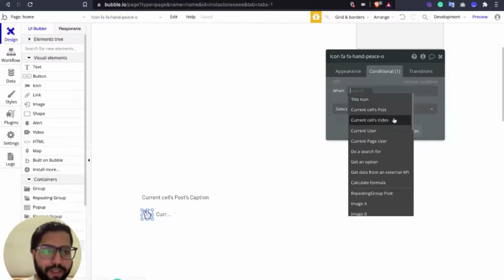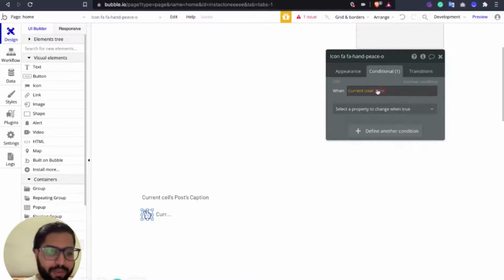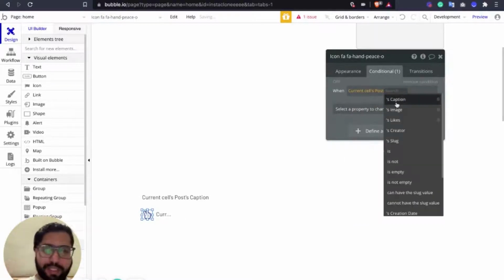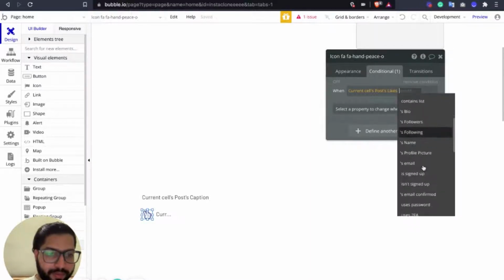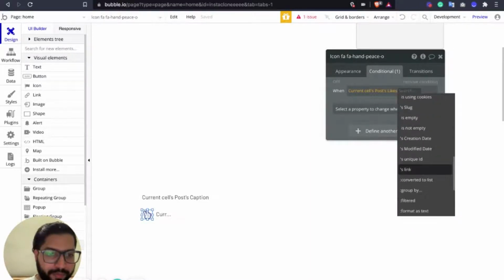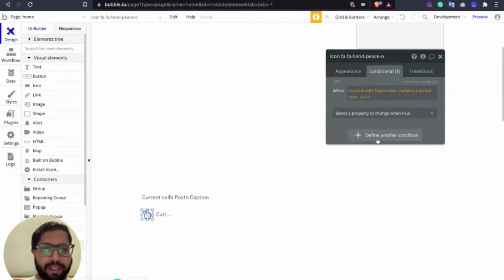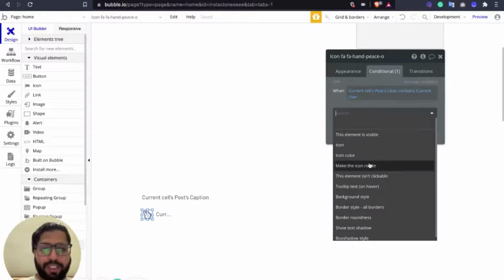So when the current cell post's likes contains current user, so when the current post's list of users in likes has the current user, we are going to change the color of the icon.